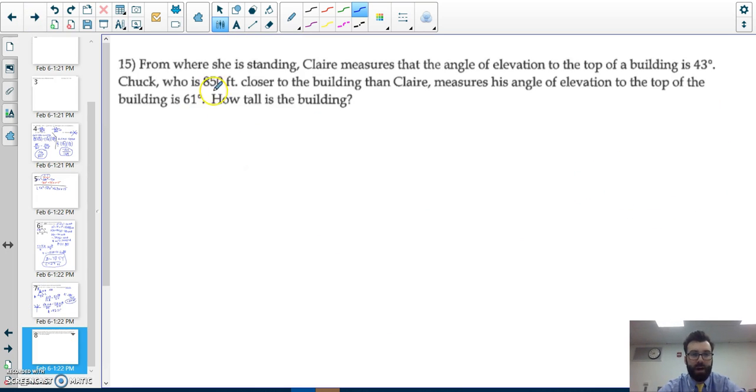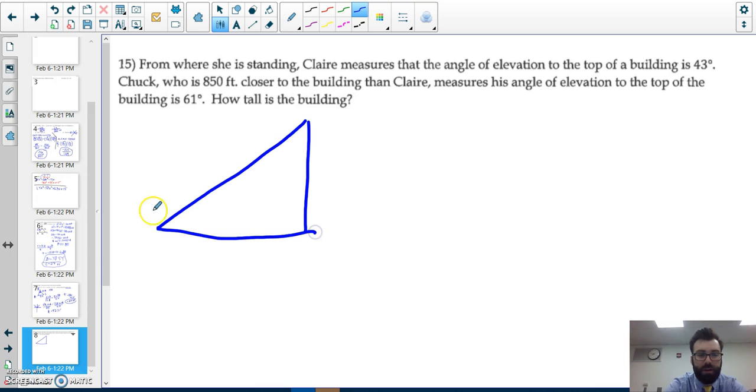All right, here we go. From where she's standing, Claire measures an angle of elevation to the top of the building, which is 43 degrees. Someone is 850 feet closer. So here is my triangle with just Claire. Here's Claire. This is 43. The hardest part's the picture. So 850 feet closer would be our new person,